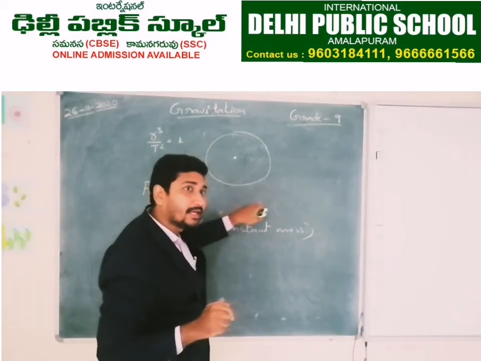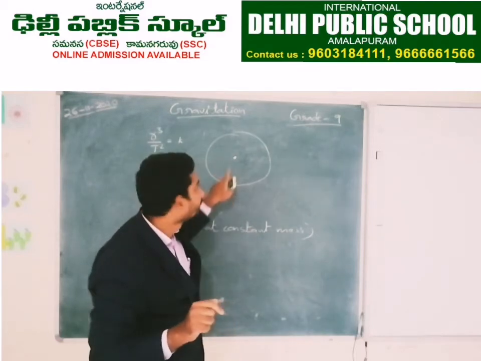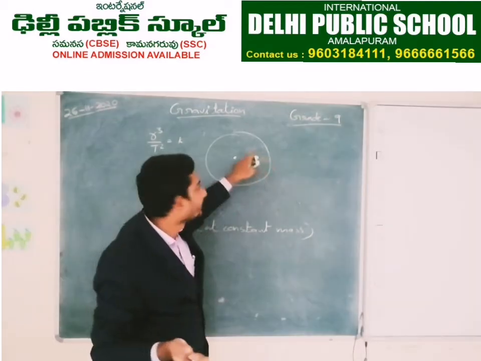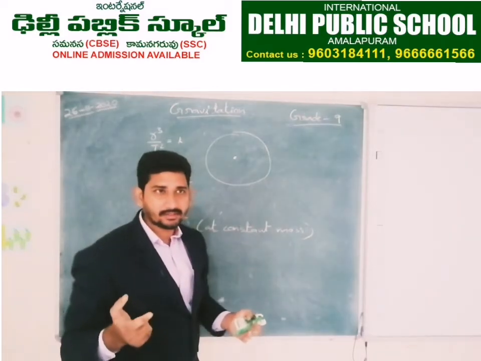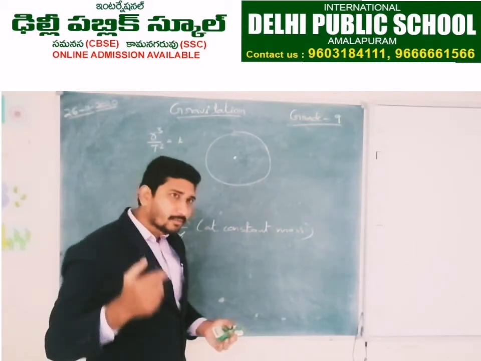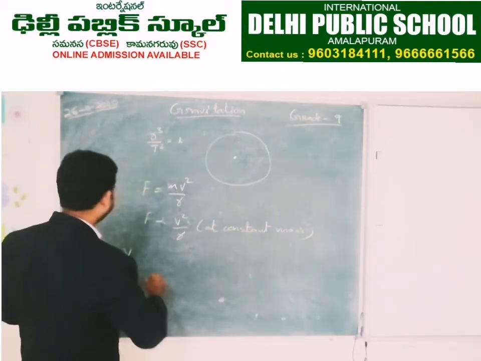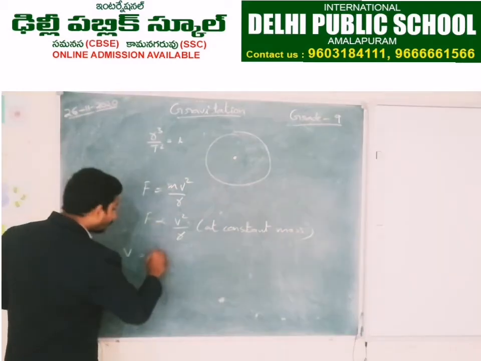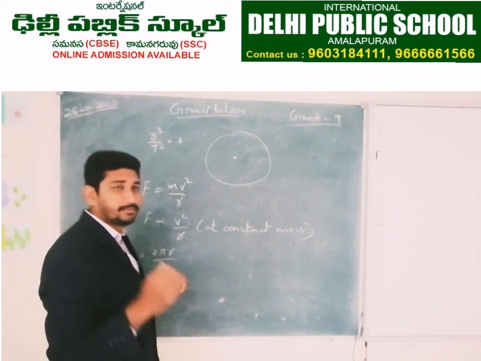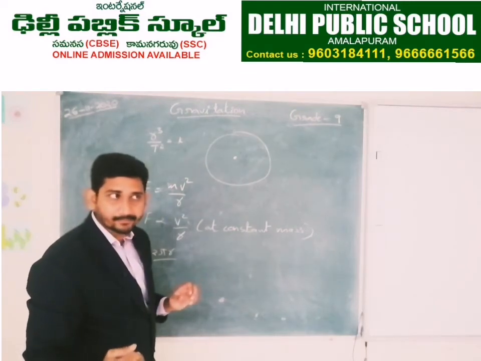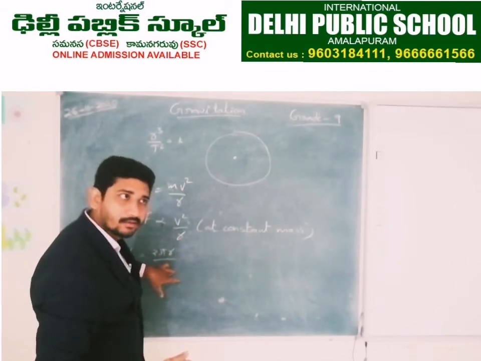In a circle we have area, perimeter. Which one can we use? Perimeter. Yes, perimeter. Very good. The perimeter of the circle will be equal to the distance. What is the formula for perimeter? The formula for perimeter is 2πr. Speed is equal to distance by time. We got distance. Here? Time.